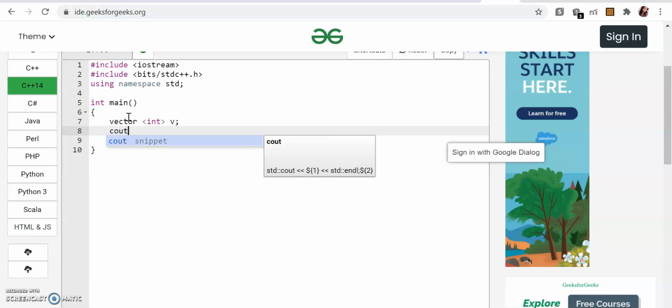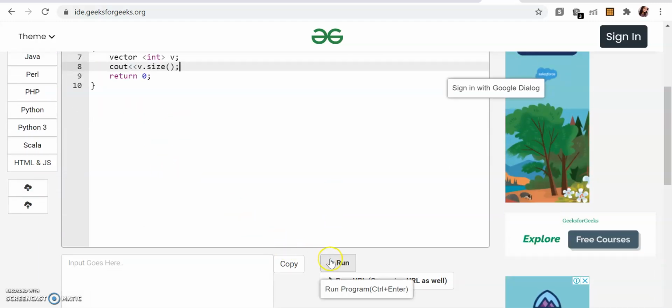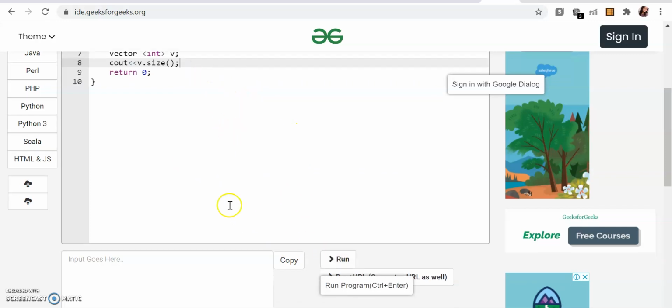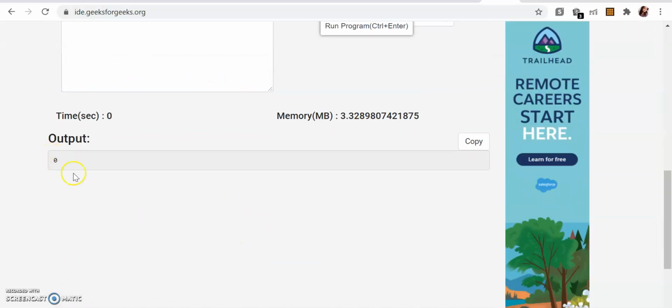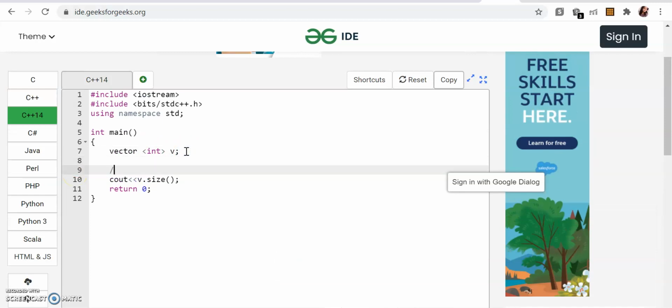So how can we see what vector it has created? Let's try to print the size of this vector. See, right now it is 0. That means it has created an empty vector. If you remember the previous video, we have two things, right? Size and capacity.